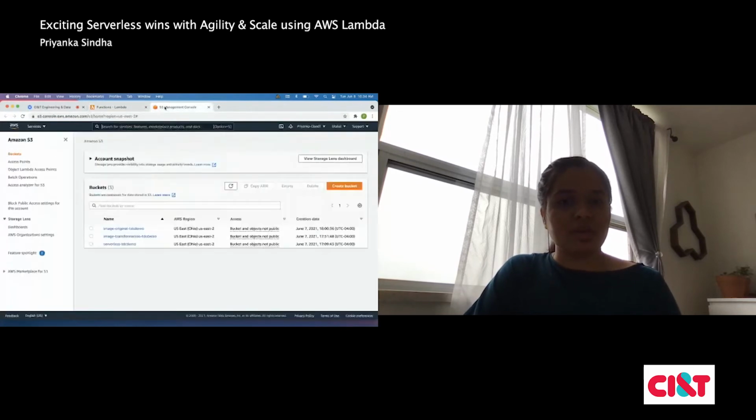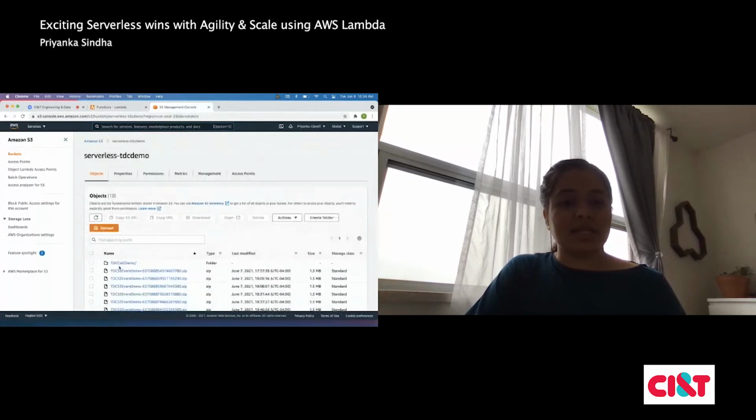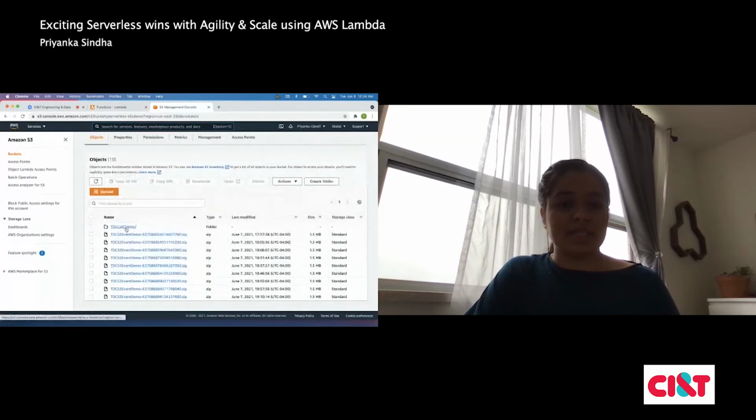But the actual code lies here. I have selected this bucket, and all the zip packages are under this. This is for the S3 event demo. The zip package currently points to this one because it is the latest one, and if I wanted to change it, it can be changed as well.